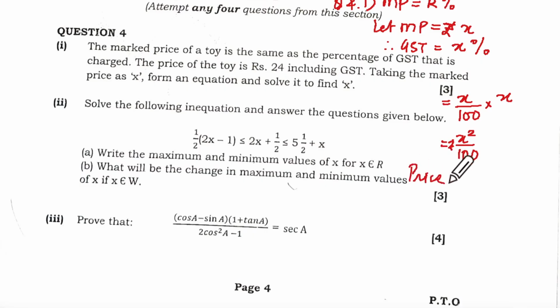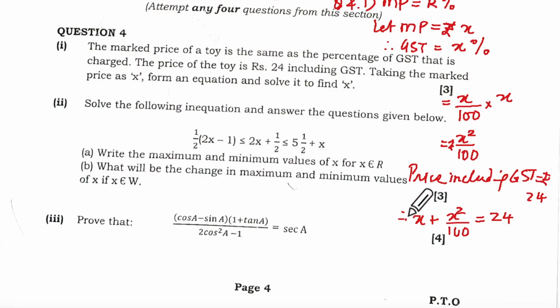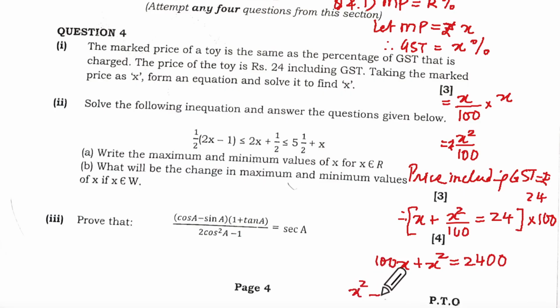So price including GST is equal to rupees 24. Therefore, X plus X squared upon 100 is equal to 24. Then we will have to multiply the whole thing by the denominator. So we will get 100x plus x squared is equal to 2400, and we will have x squared plus 100x